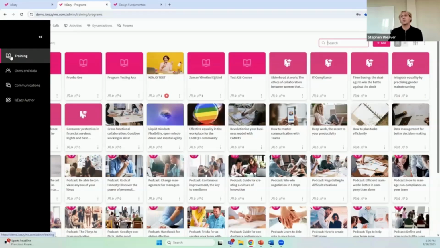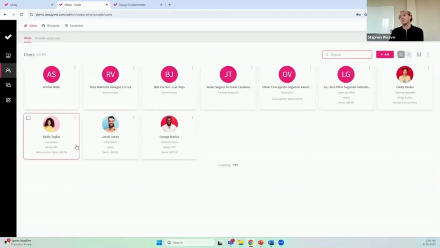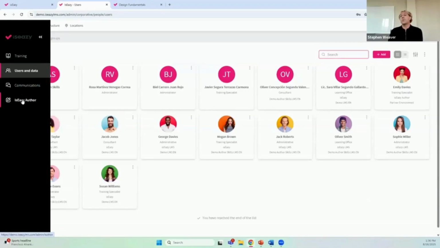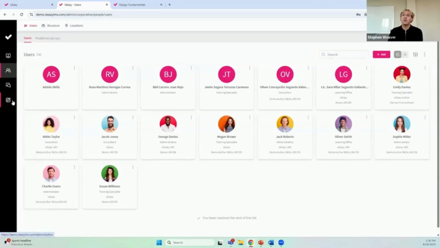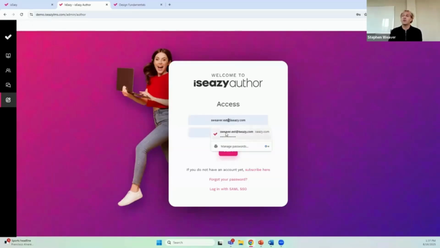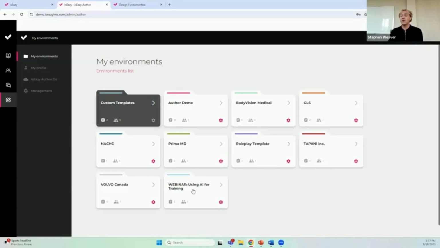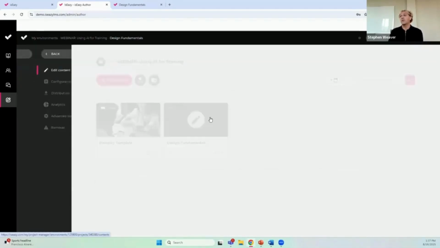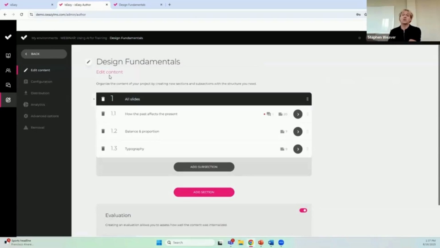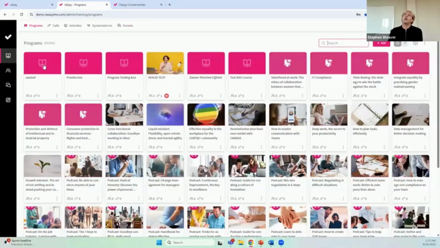But like I said, our LMS program here, this is kind of what it looks like. You'll have your training where you have all your programs. You'll have your users and data. You upload all your users. But right inside your LMS, we call it our all-in-one LMS, you're going to have access to your IzEasy Author account as well. So you don't need to log in or out, switch programs. You can make all those edits, customize those lessons. Everything I just showed you can do it directly within here and then send it directly back to your LMS